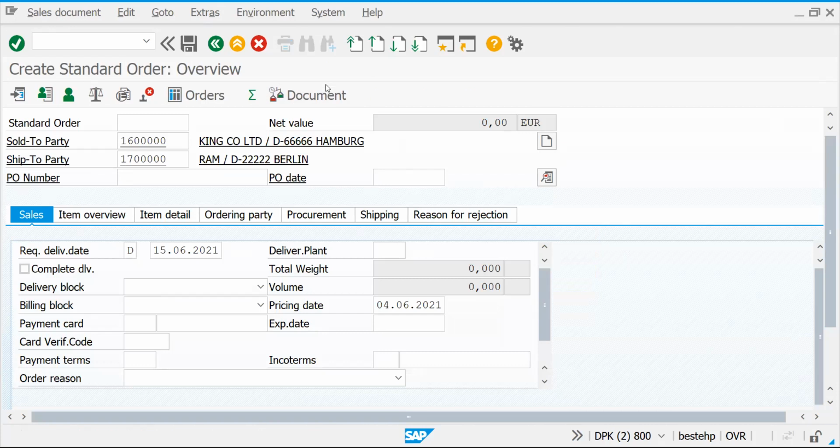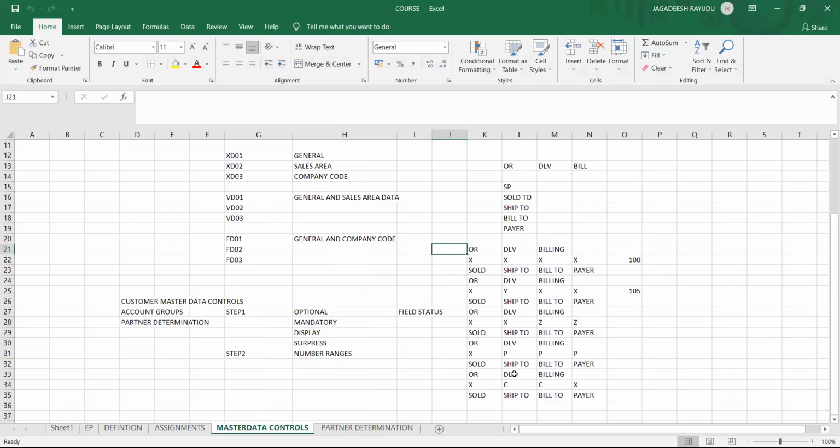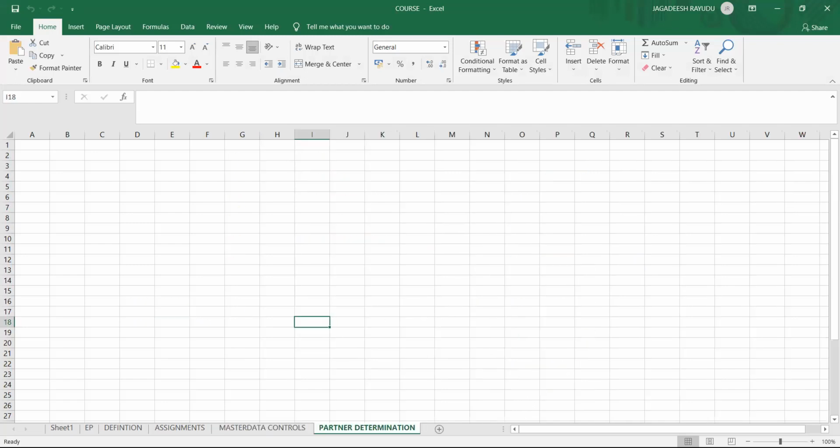If you go back to the Excel, you can try all these scenarios. Whatever scenario you try, this is the basic. This is all about partner determination. Now we saved a couple of customers. Let's check in another few minutes how we are going to create master data controls.